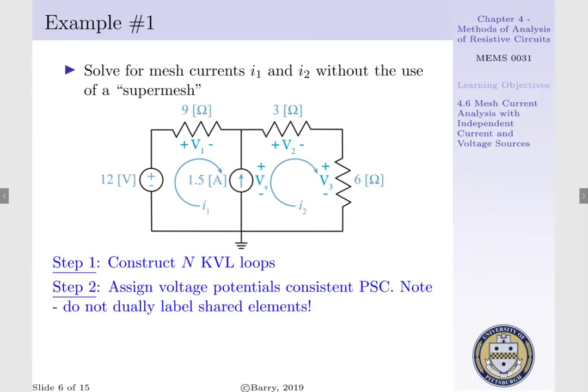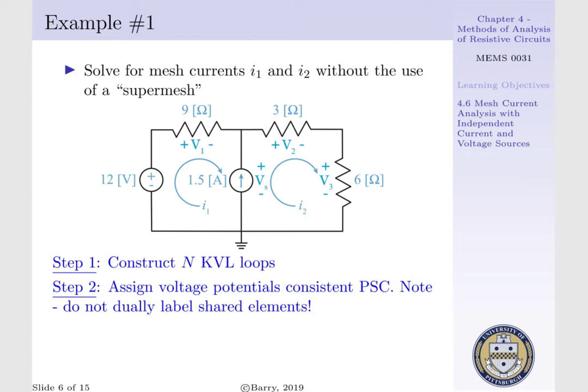Step 2 is to assign our voltage potentials consistent with our passive sign convention, and to not duly label any shared elements. Starting with mesh current 1, where we have I1 moving in a clockwise direction, we encounter our 9 ohm resistor, where we apply a voltage potential V1, and then we encounter our current source, which behaves as an active component, such that we apply our active sign convention to it, such that I1 enters the positive terminal of